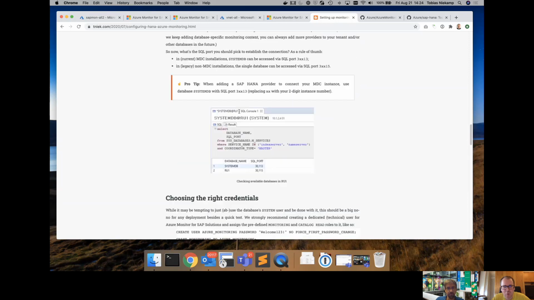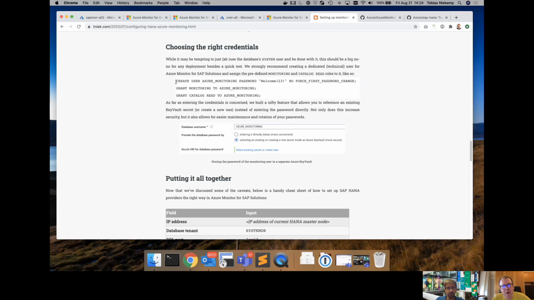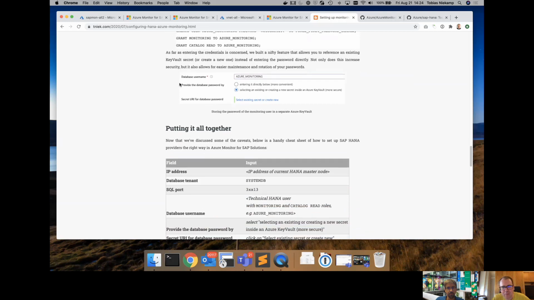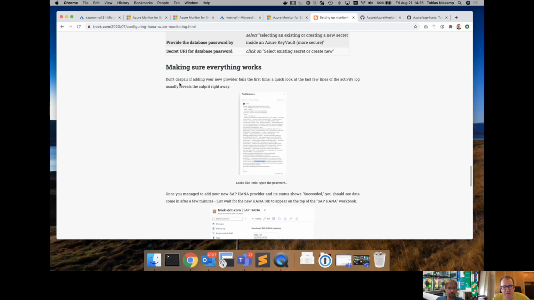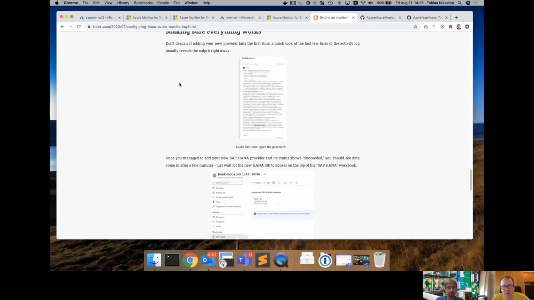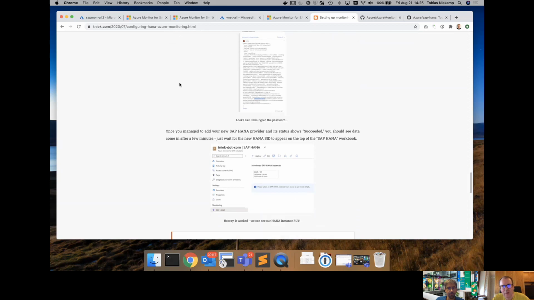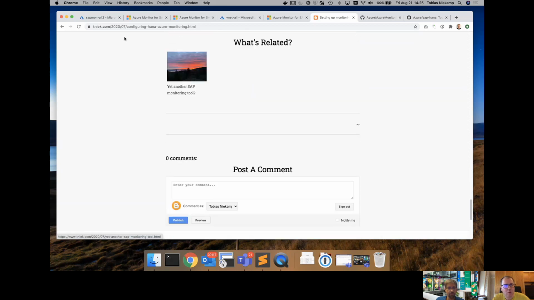Or which user do I set up, right? So in this blog, I'm trying to fill the gaps until we catch up with the official documentation, so we can link to that. And this gives a little bit more detail on why things are built a certain way and what's the easiest way to add your HANA database to your new SAP Monitor resource.